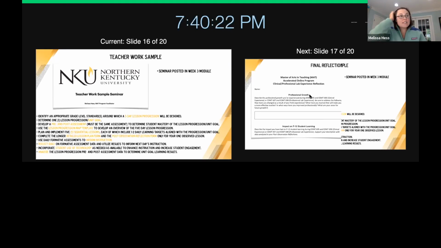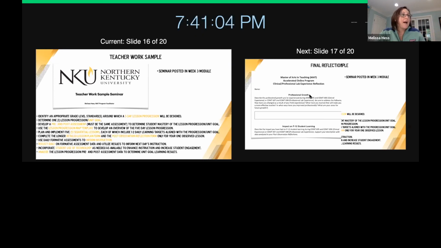Now, this is just a pre-assessment of what happens on that first day and a post assessment of what happens on the last day. It can be very small. Don't think something very large. Think of something that you can hand them, like a bell ringer or an entrance slip when they come in on day 5, no instruction given, and an exit slip at the end of day 5, just so you can compare what change they have had over those 5 days. Okay, it's going to even be the same assessment that you give to them for the pre and post assessment.